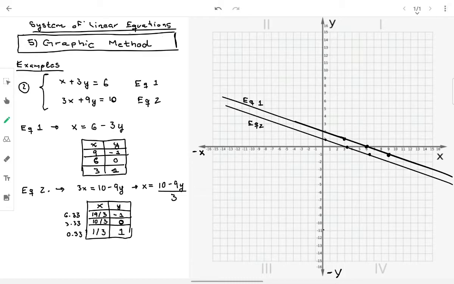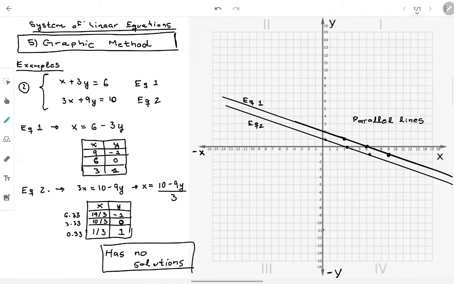If we see, we have parallel lines here. They won't touch in any point. So that will mean this specific system of equations has no solutions. Why? Because the lines do not cross in any part of the Cartesian plane, so that will mean the system has no solutions. So remember, we can have three different answers: unique solution if the lines cross in a specific point,